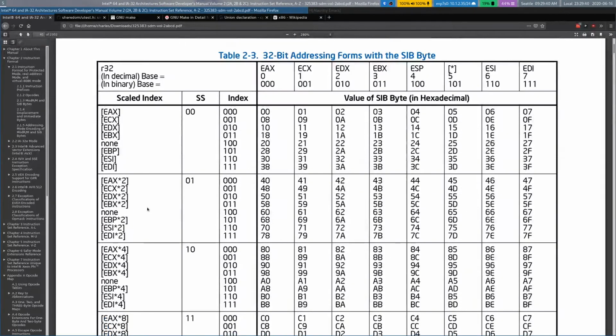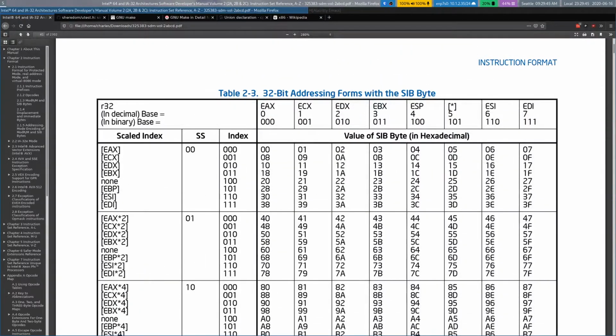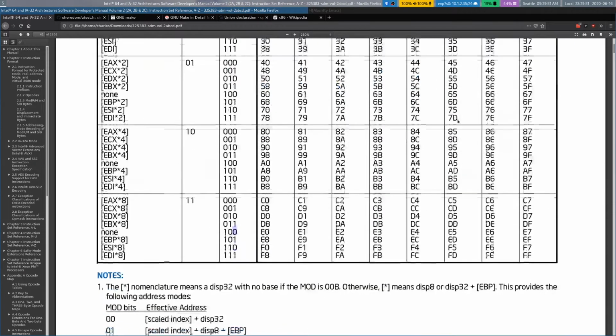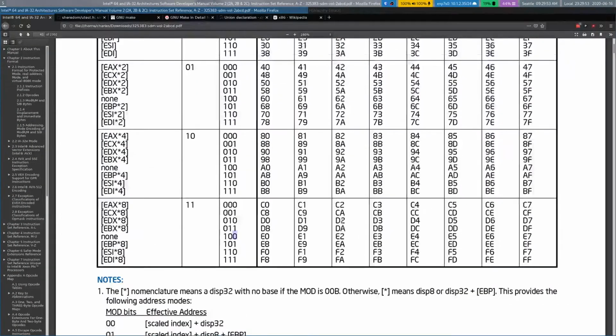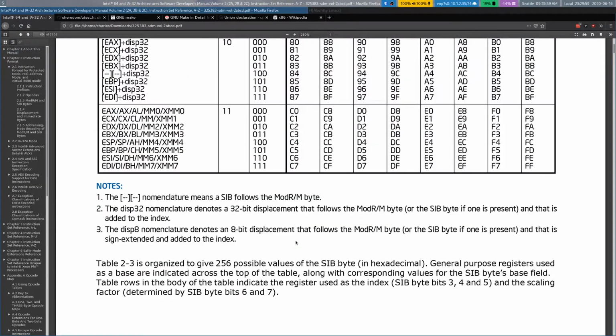Where does it have the? So it's 4, and then there's a special case of the base being 5. Yeah, I'm going to have to spend some time reviewing SIB, but